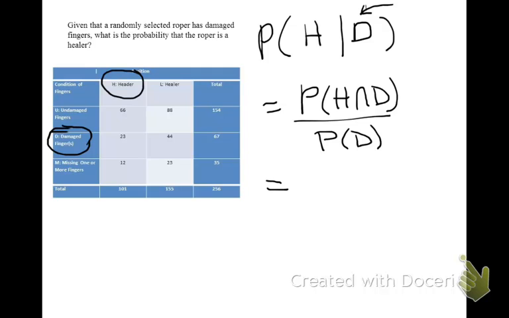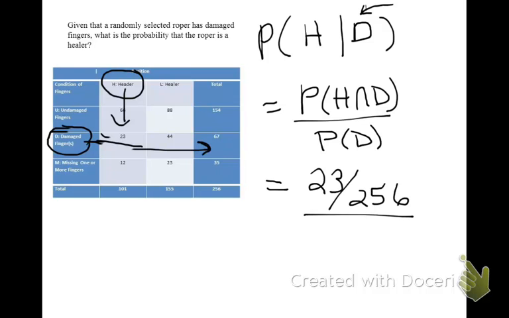So the probability of being a healer with damaged fingers, that's 23 people out of 256. And then the probability of damaged fingers, that's 23 headers plus 44 healers for a total of 67 people with damaged fingers out of 256. In these fractions, the 256 cancels out and you get back